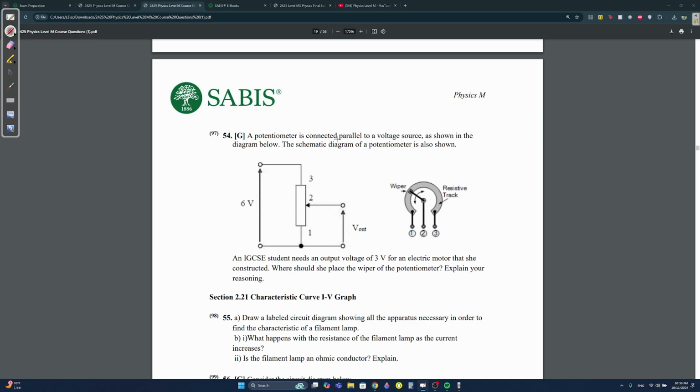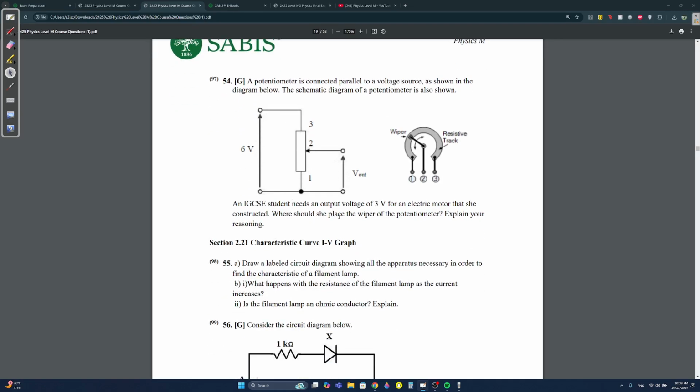A potentiometer is connected parallel to a voltage source as shown in the diagram below. The schematic diagram of a potentiometer is also shown. An IGCSE student needs an output of 3 volts for an electric motor that she constructed. Where should she place the wiper of the potentiometer? She needs 3 volts. With a potentiometer, you drag your wiper according to where you want